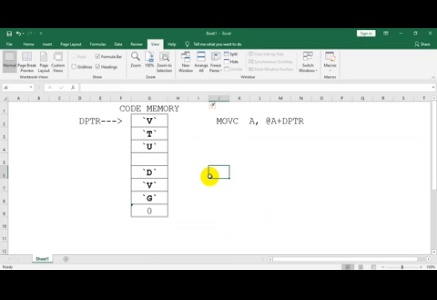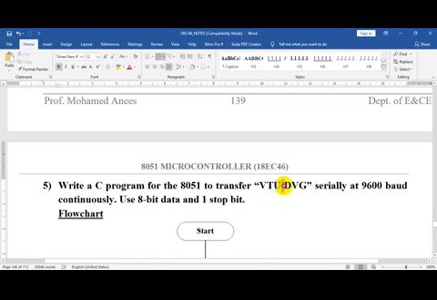Whatever the message is, it will be stored in the code memory. It will be stored like this: the ASCII value of V will be stored first, then the ASCII value of T, the ASCII value of U, and the ASCII value of space, because we have a space after VTU.